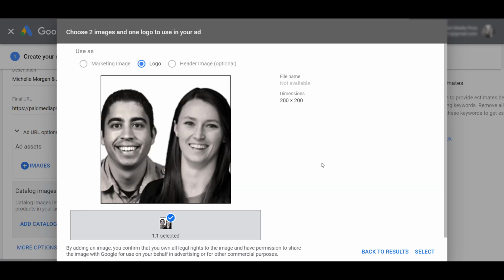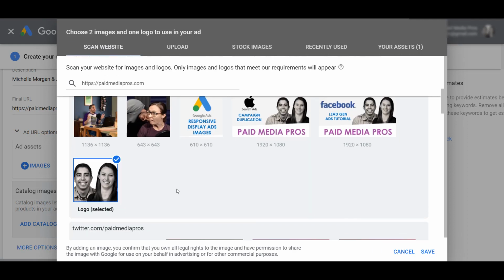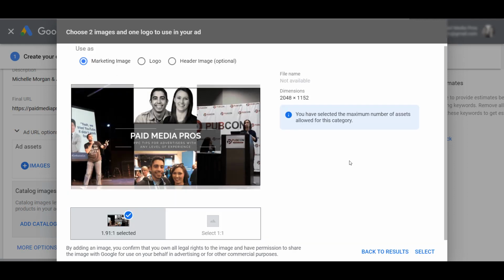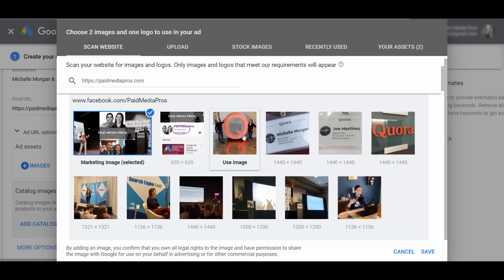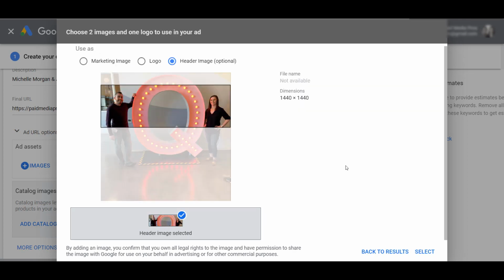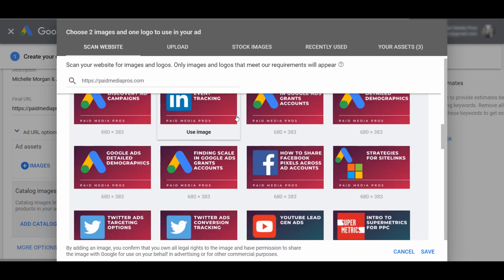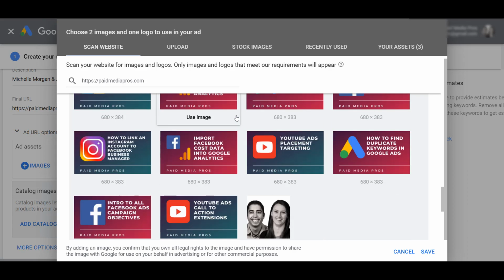And Google's smart enough. They know I want to use this one as my logo, so I can select that option. This is our main image that we use for our YouTube channel. So I'm going to select that as my main marketing image. And while it's optional, I'm going to select this image as our header. If I scroll down, you can see these are pretty much just title cards and probably not the best option